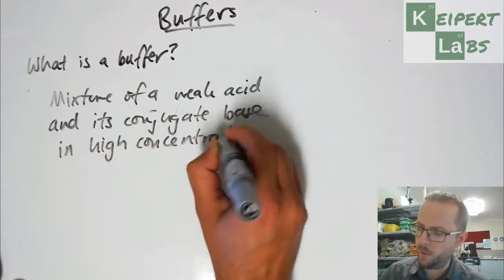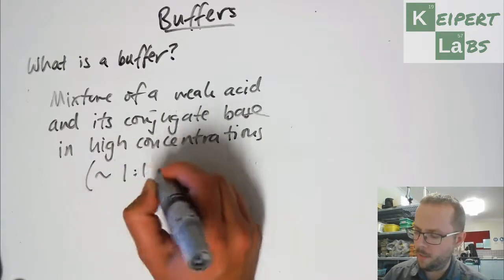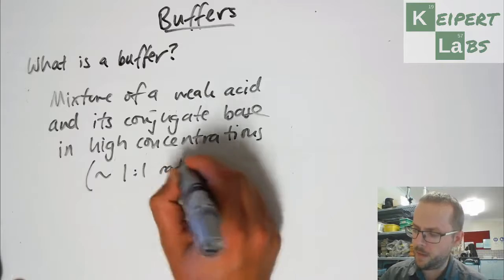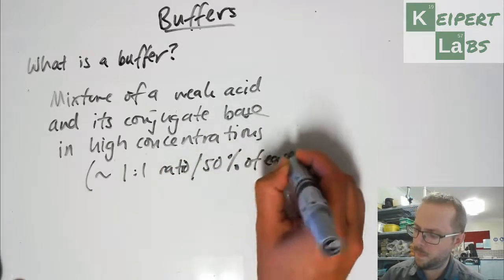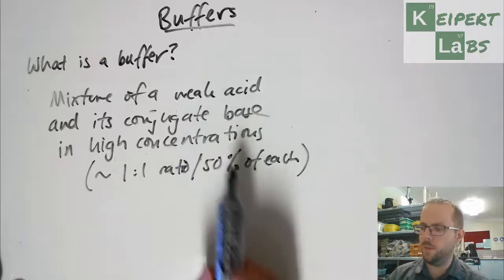So around about a 1:1 ratio, so that is about 50% of each. So a buffer is this combination in solution, this mixture of a weak acid and its